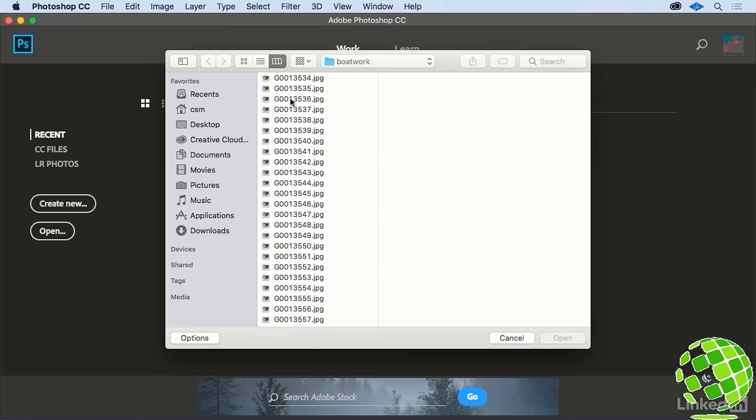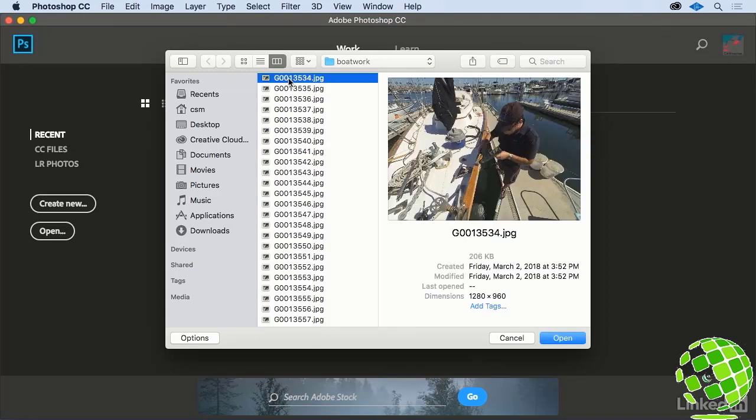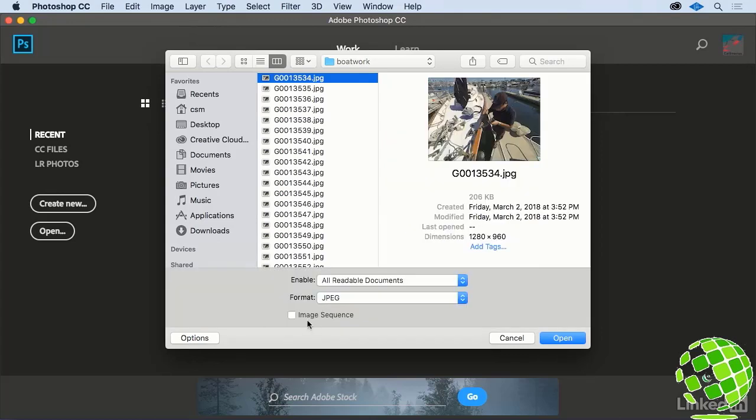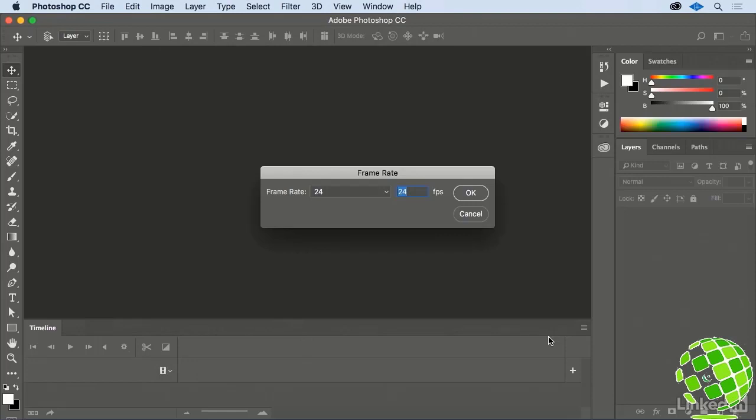Now, to bring all of these images into Photoshop, select the first image and notice that all of these images are all named and numbered sequentially. And they do not need to start at any particular number, but they do need to be numbered sequentially. Then click the Options button and check the box for Image Sequence, and then click Open. Photoshop will then automatically import all of the rest of the images it finds that follows the same sequence of